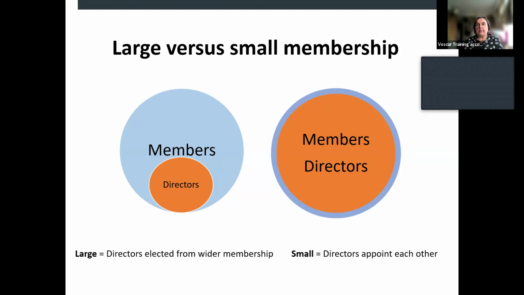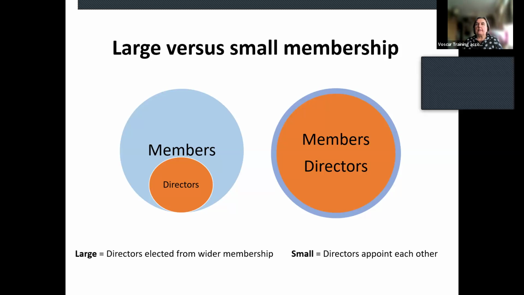So we make sure that they're very involved in all kinds of decision making at all kinds of levels, and we support our members to become trustees, but we don't expect them to be members. And since we don't have any other particular constituency that this could apply to, it was decided to become a small membership